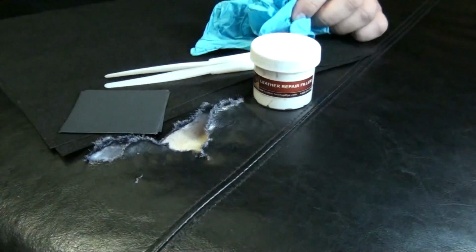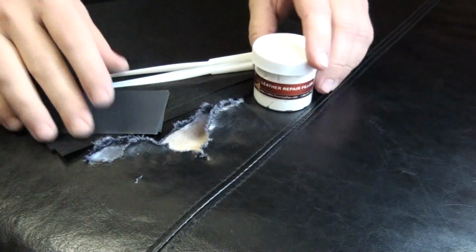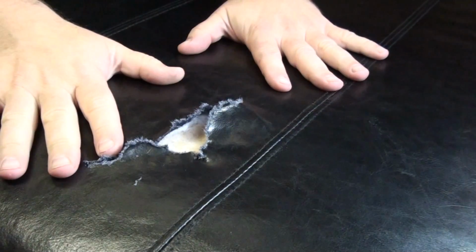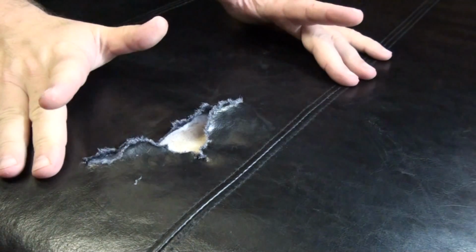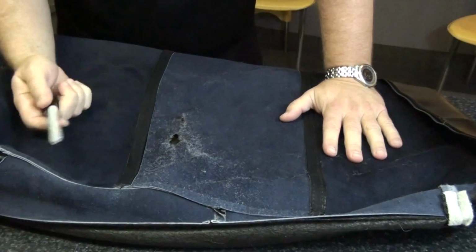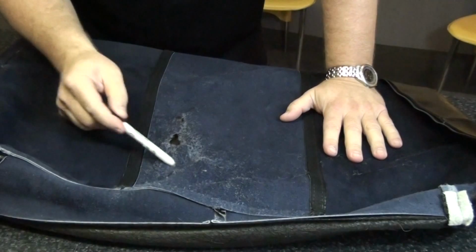videos. So what we're going to do first is we're going to take the foam out of this cushion, flip it inside out, and we'll be back in a minute. Okay, so we're back. We flipped the cushion inside out, got rid of the foam, and as you can see